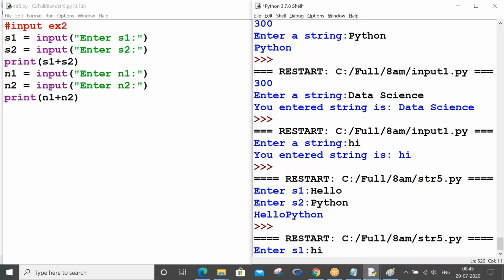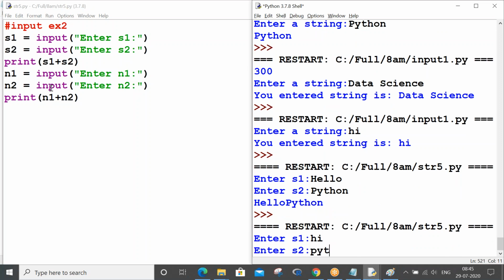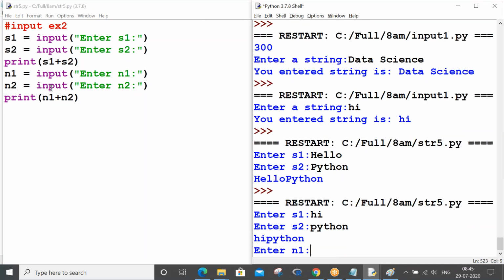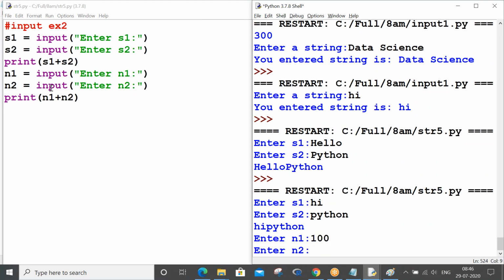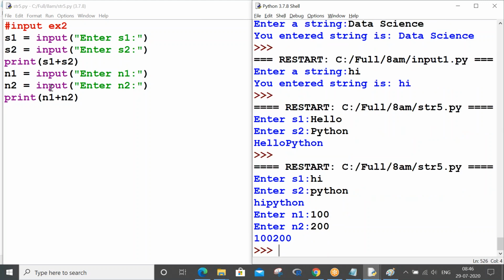Okay, so hi Python, it will come. Now enter n1. Let me enter 100. Let me enter 200. So what would be the output? It must be 300, right? N1 plus N2, 100 plus 200, 300.